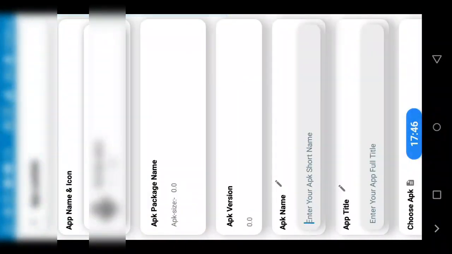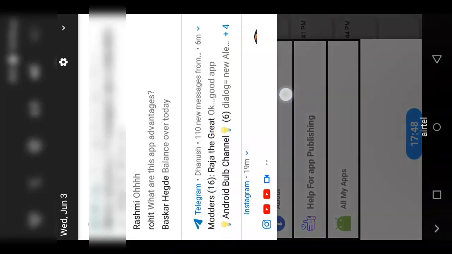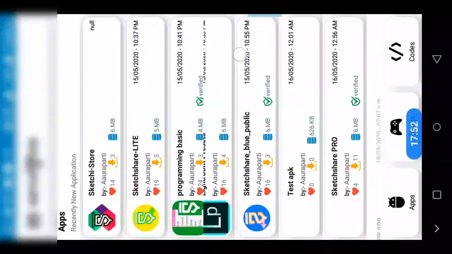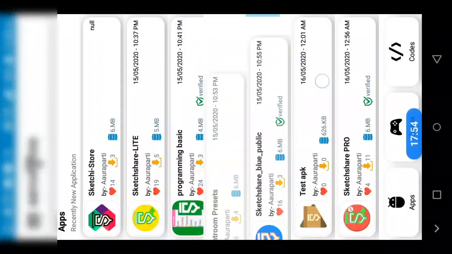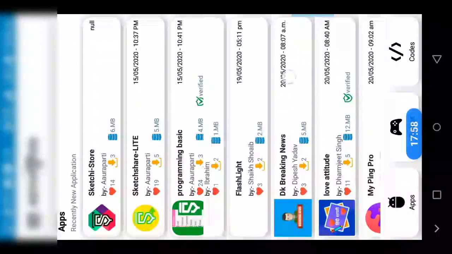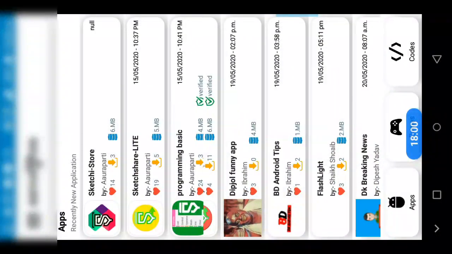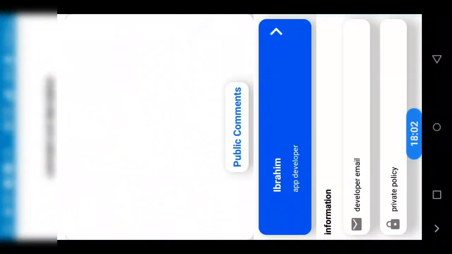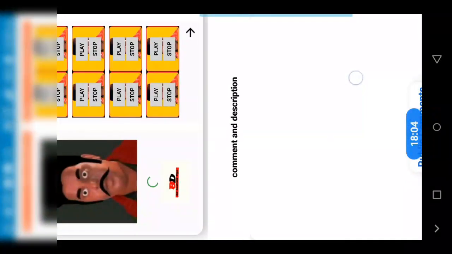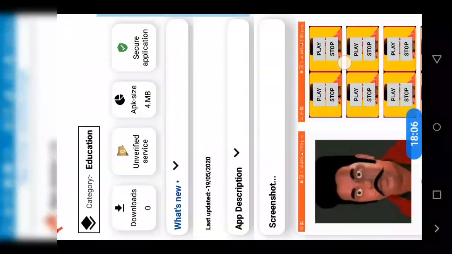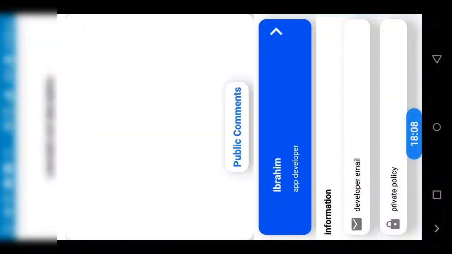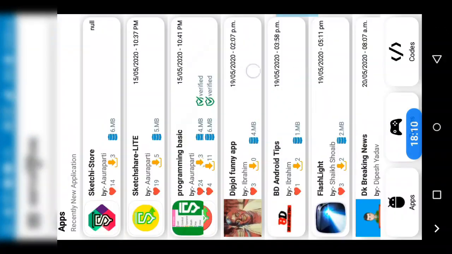What the ad module will think is, if we are also turning off the data, then it will think we are not connected, so the ads are not showing. No matter what I do, the ads will not load here. You can see the ads are not loading. Before there was full of ads here.